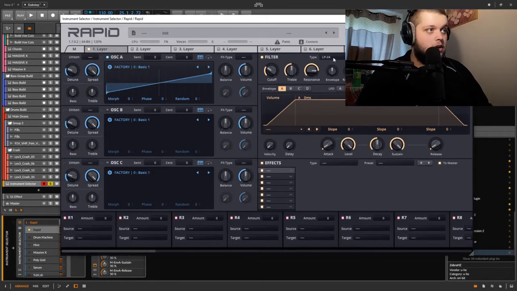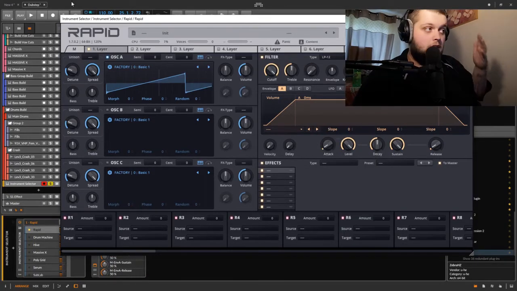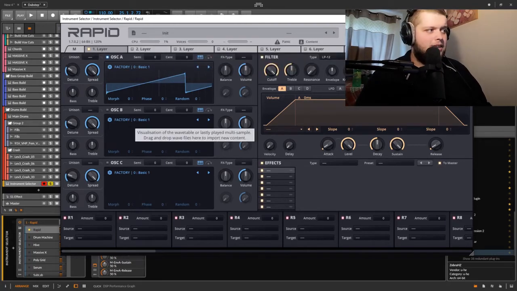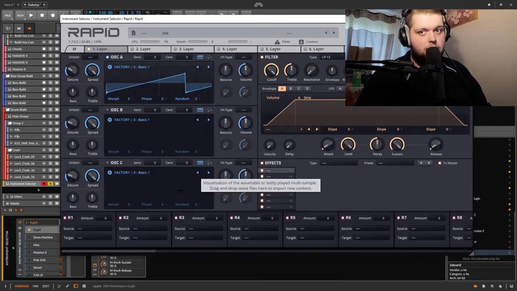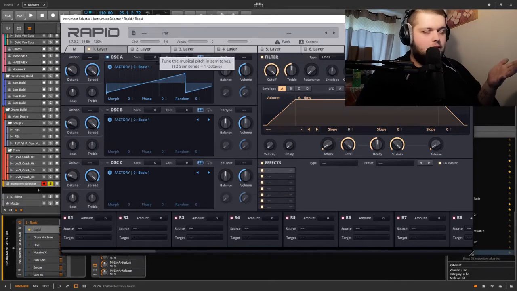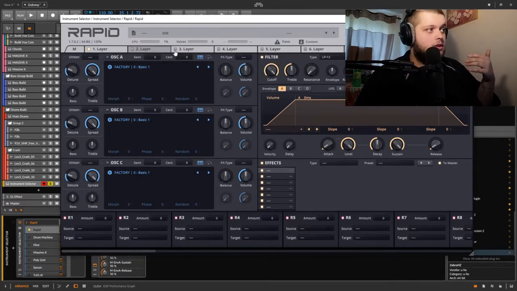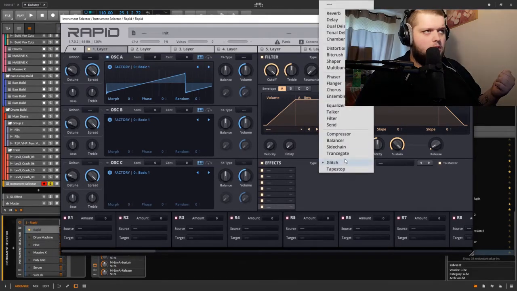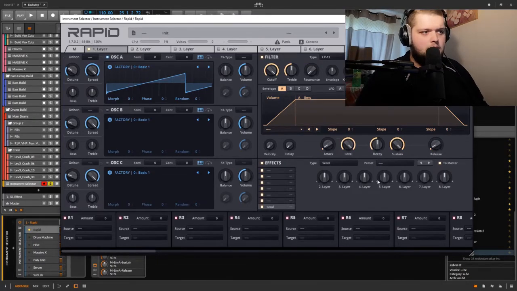So yeah, sounds really good. The unison in here sounds really, really good. You can stack up to 3 oscillators on top of each other that can all have individual unison on them. You can stack up to 8 layers of those 3 oscillators on each other, and you can send between them. There's a send effect down here that you can use to send. Where is it? Yeah, there's a send effect here, and you can send this off to the different layers